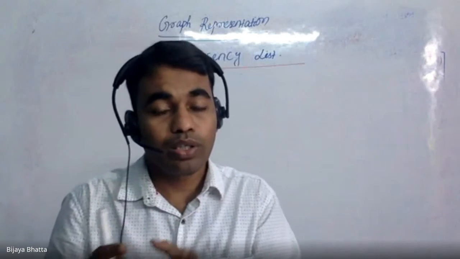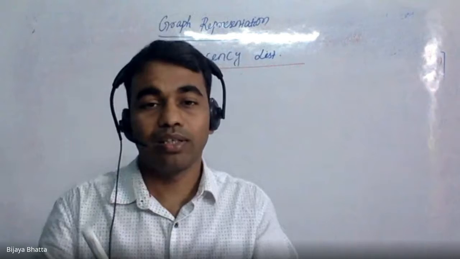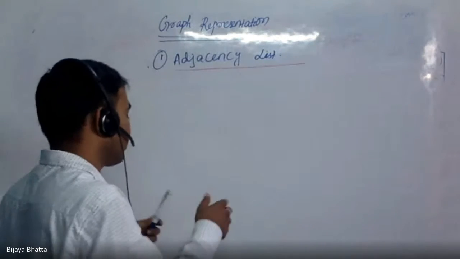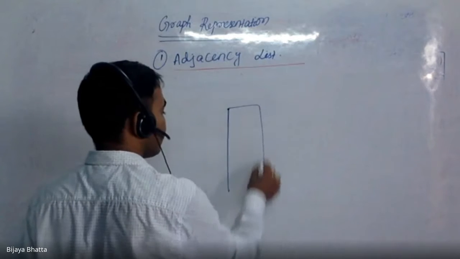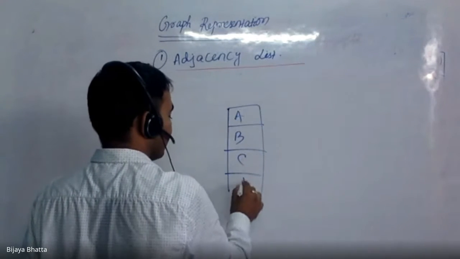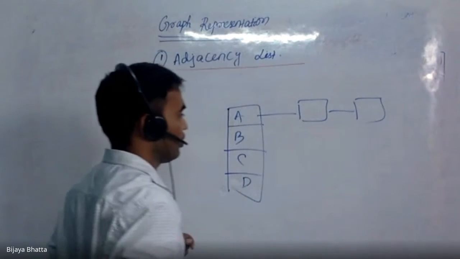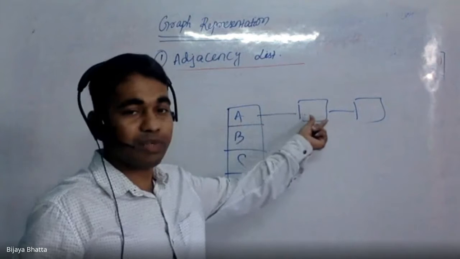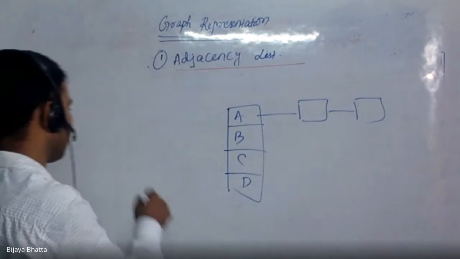List. Its name represents its meaning, right? We are creating an adjacency list. That means earlier for every vertex we were creating a matrix, but here for every vertex, suppose I have some A, B, C, D, I will create a list. That means what are the edges present from A? So I will just try to create a list.